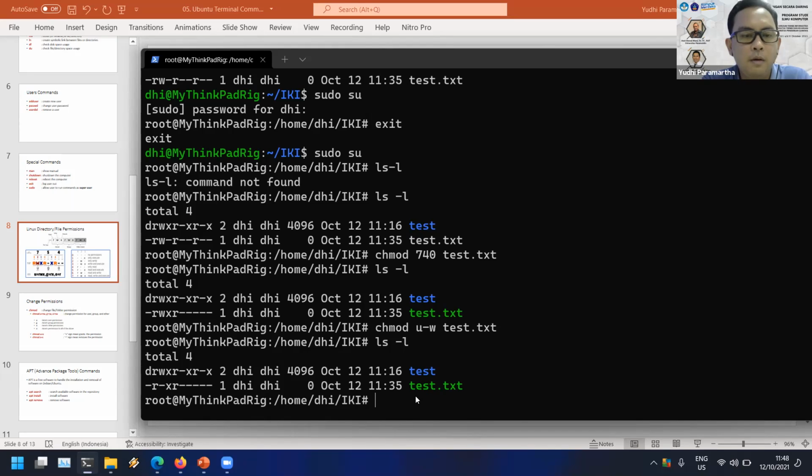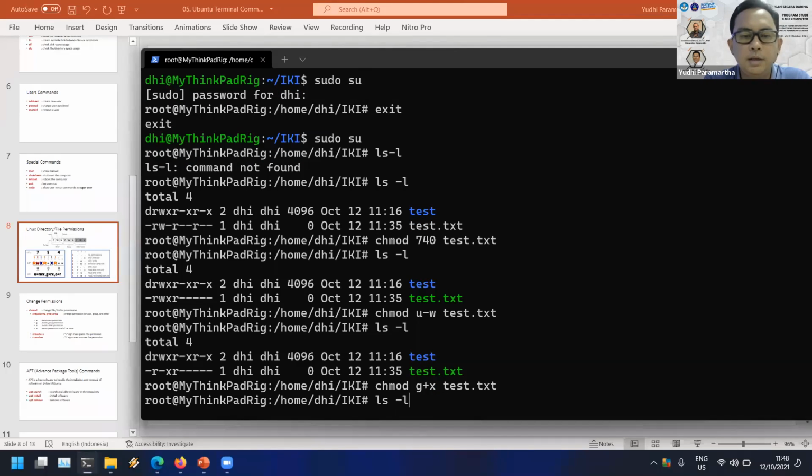Or for example, we could give the group permission for executing the files. So we could use something like this: g for group permission, and plus for assigning a new permission, and then x, the execute permission, for the group. Enter.